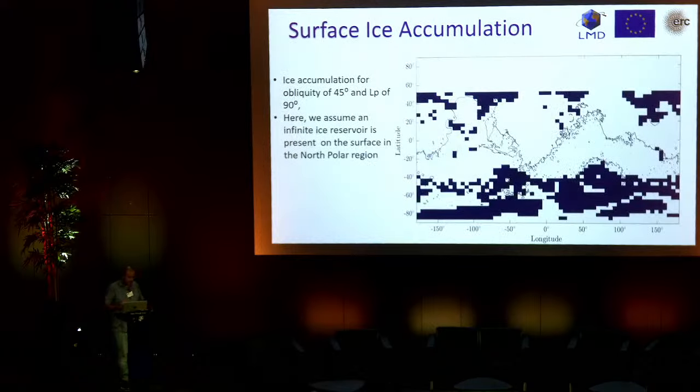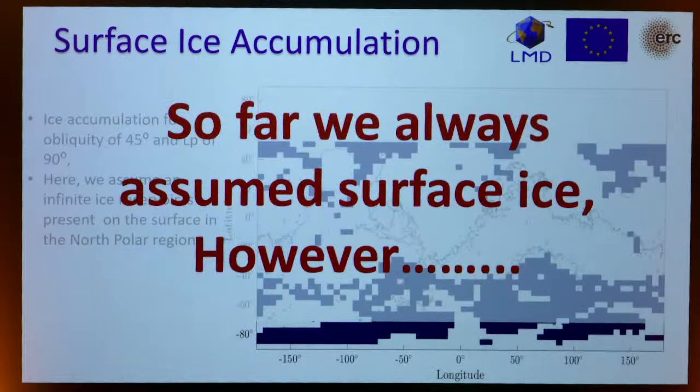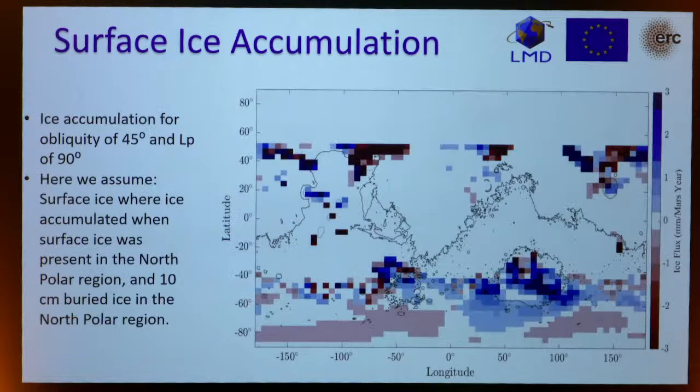So I played with the model a little bit, and I put obliquity 45 and LP of 90. This is super extreme, and I show here in blue all of the places ice can be accumulating. This is, of course, with an infinite ice reservoir in the North Polar Layered Deposits. However, when we don't assume surface ice, stuff changes. In this plot, I show the accumulation rate of this accumulated ice, but now the NPLD is no longer on the surface. I buried it under 10 centimeters,